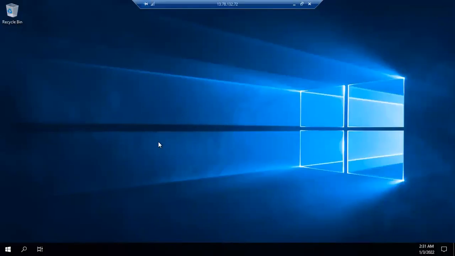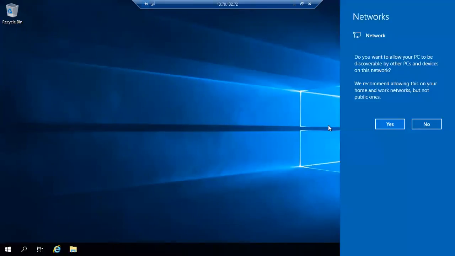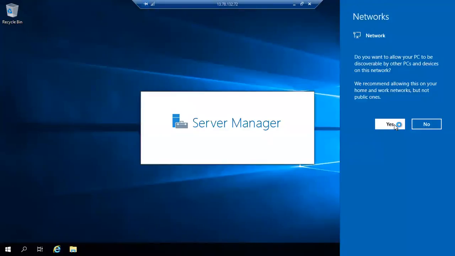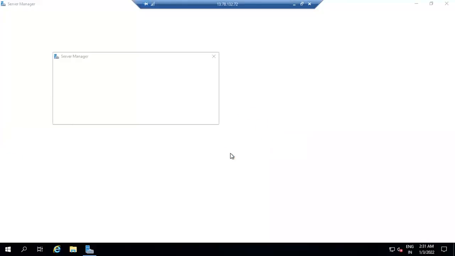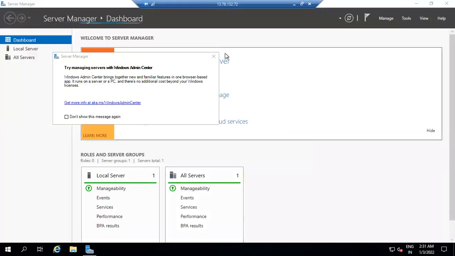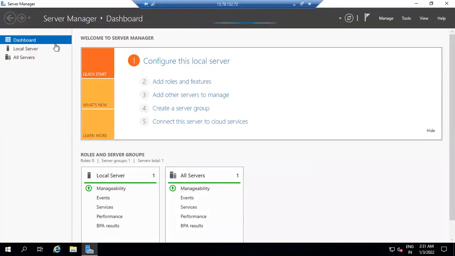If you want to install the XAMPP server or the IIS server, you can install it with the GUI, like add a role or feature.